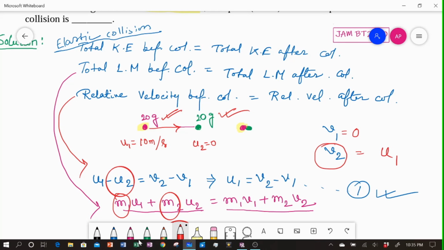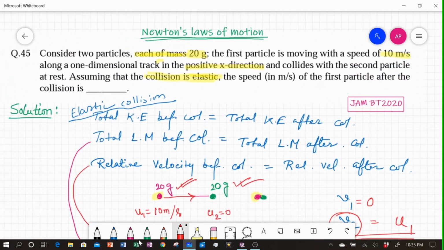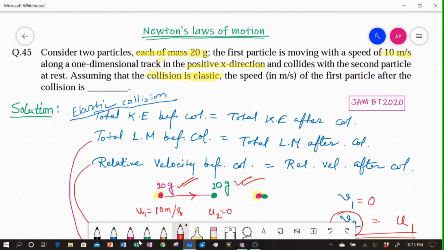The magnitude of velocity will be equal to u1. And from this we can give the answer, that is the speed of first particle after the elastic collision is just